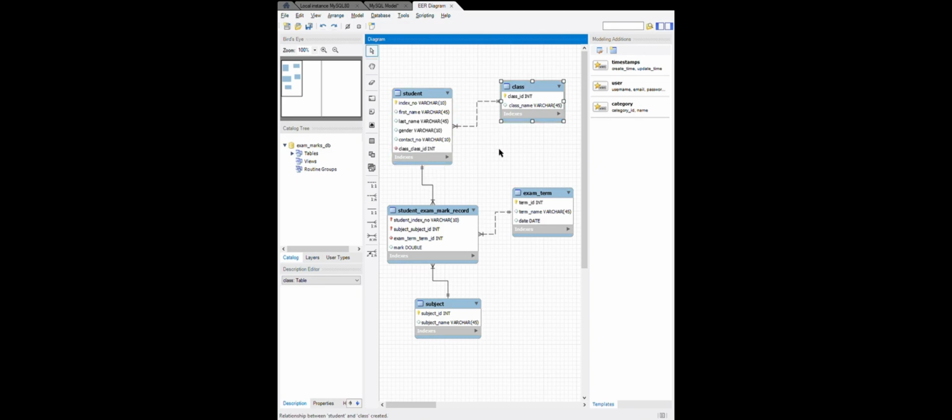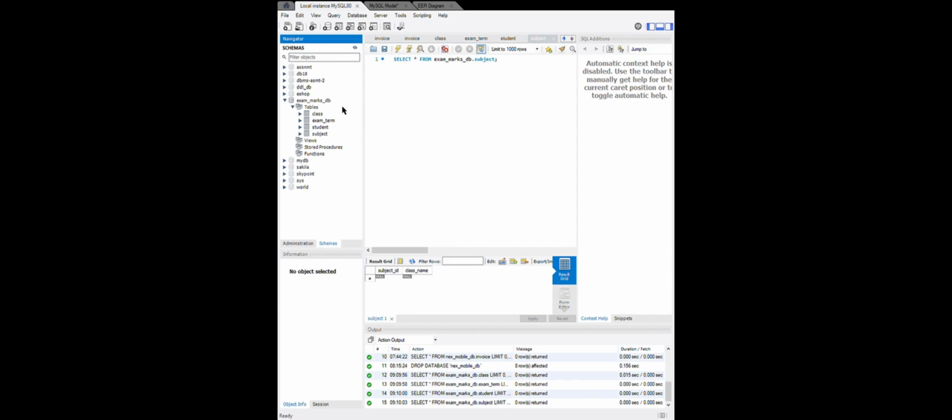So basically this is it for this video on how to create a normalized database, how to create the relationships for it. So now I'm going to our database and I'm going to forward engineer this. So click on next, and then click on next again, and now close. So if I go back to our files, you will see that our database has been created. So here we can see the database has been created,